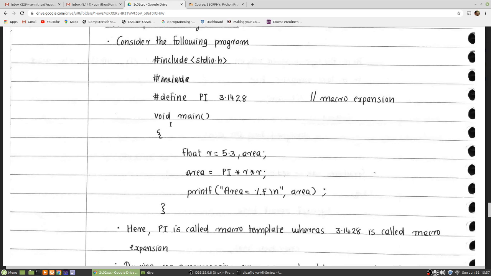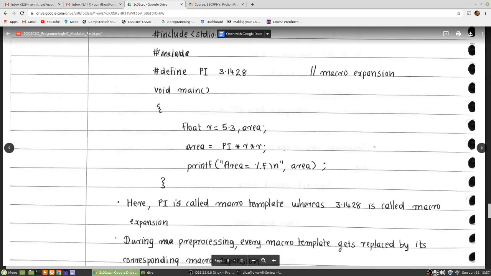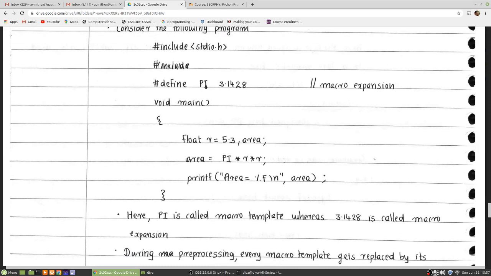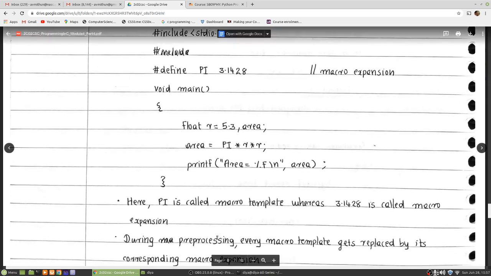And the program continues after that. In this example, this PI is called a macro template, and this 3.1428 is called a macro expansion. During pre-processing, every macro template gets replaced by its corresponding macro expansion. So what does that mean? Look into our program's code.